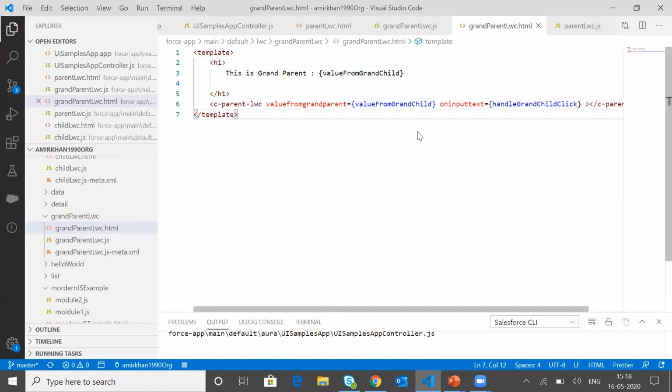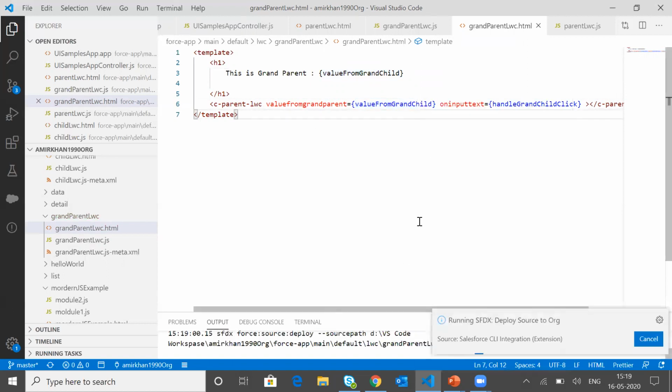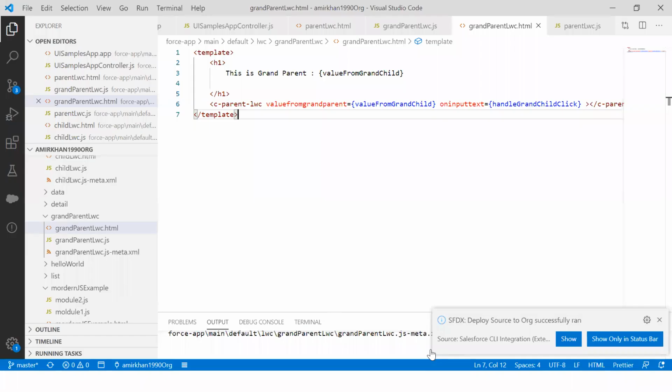Okay. Now let me deploy the code again, and let's wait a few seconds for the code to get successfully deployed. So our code got successfully deployed.